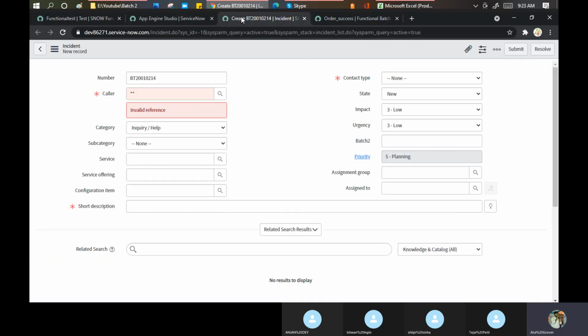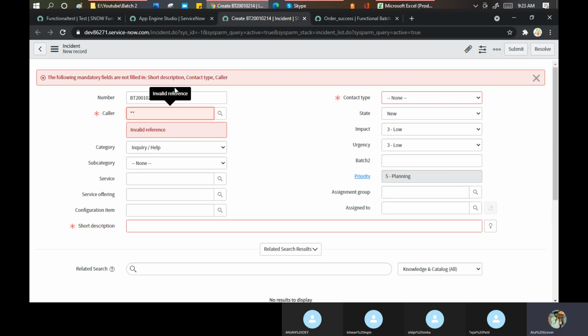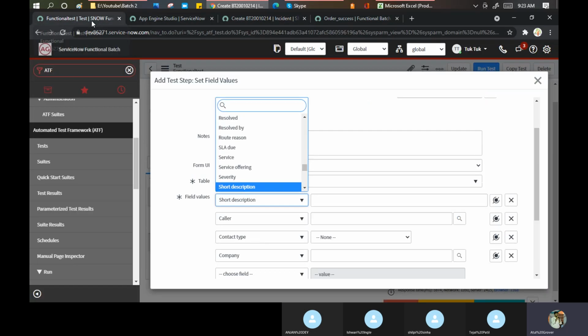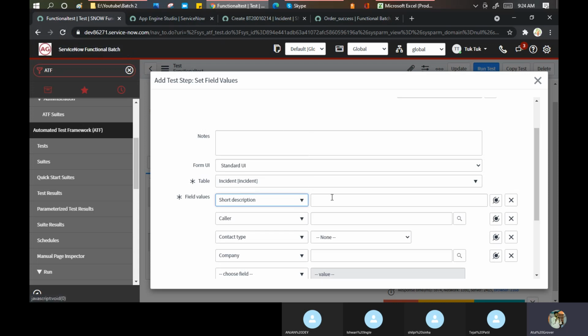What do I need to submit this incident, what minimum things do I require? I need caller, contact type and short description, because these are mandatory. Without these I cannot submit. If you click on submit here, you cannot submit because these three are mandatory. It means if I want to test my incident form, I need to give at least these three values in the first place. So I'll put short description.